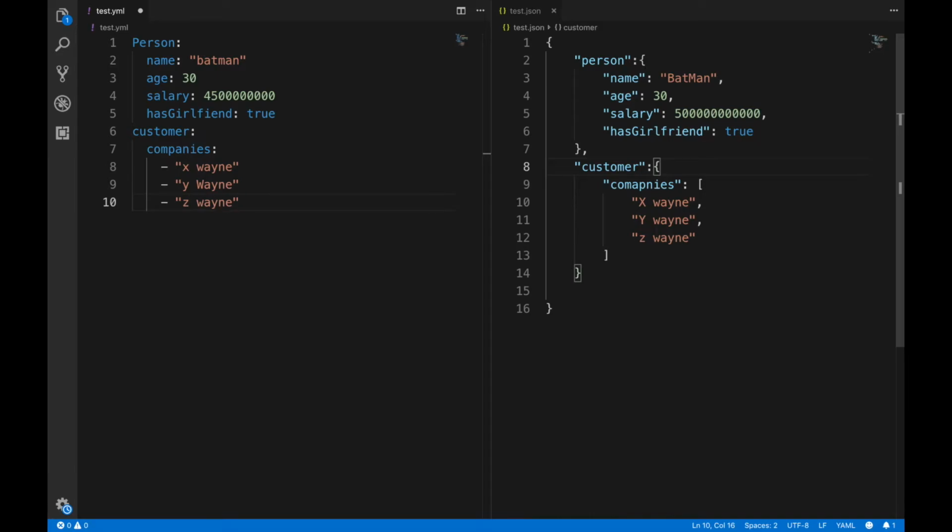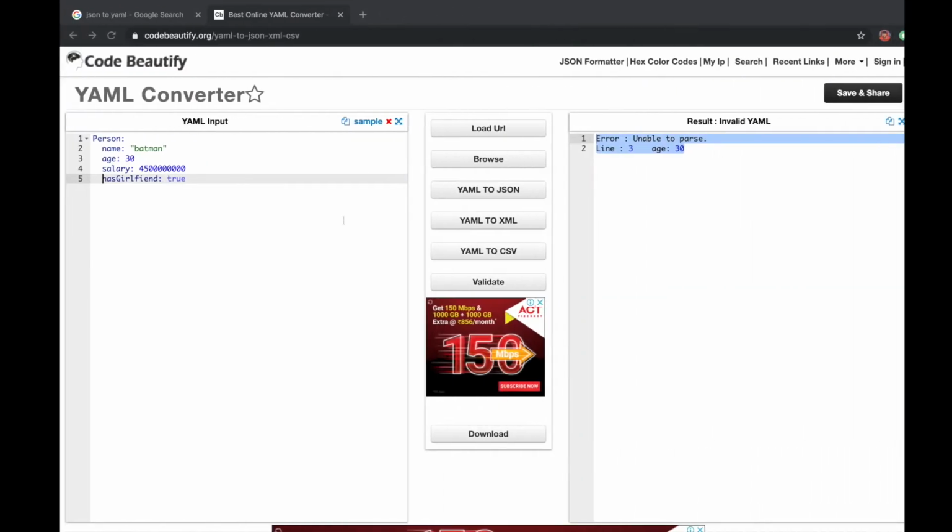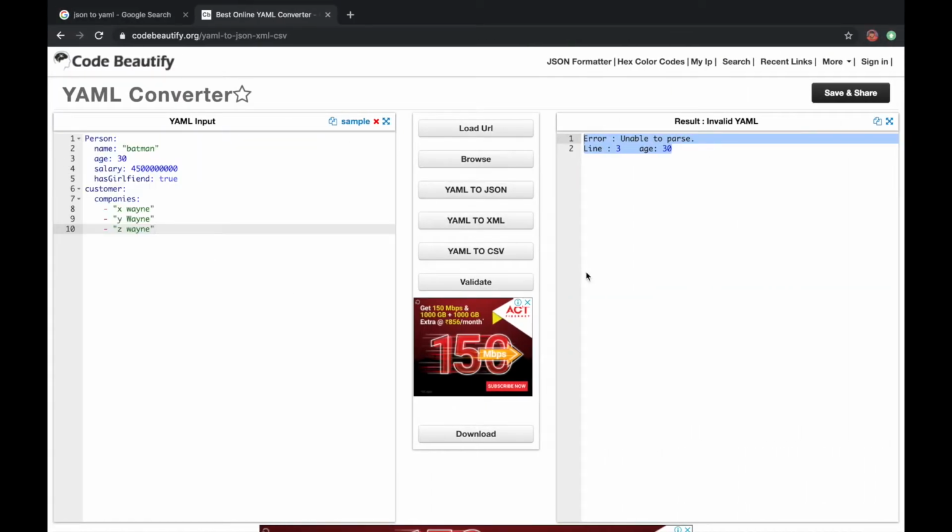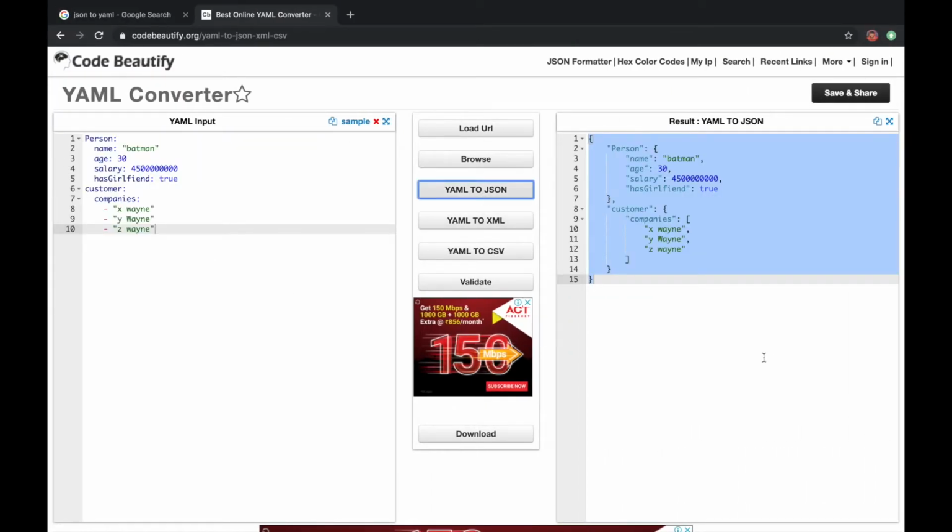So this is a little bit of a difference for creating an array in a YML file and in a JSON file, right? You just have to remember this. After writing the parent value, you have to give some space, then write a hyphen, then a space and write the value, right? So this is the correct format. Let me convert this into JSON to verify if it is the same. Bingo. So here we got exactly the same in the JSON format, right?